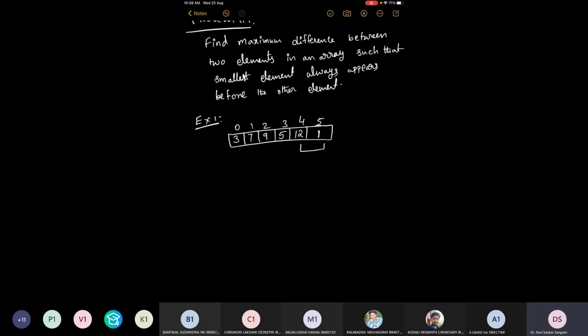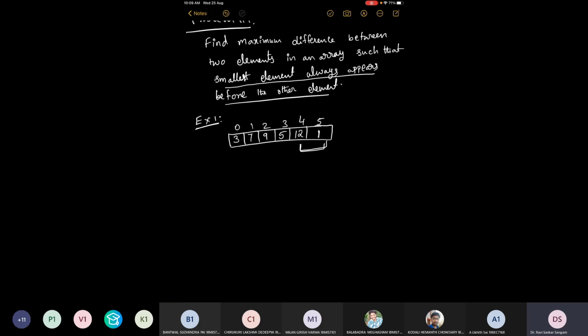So with this you can identify that 11 is the maximum difference, but it is violating our criteria that the minimum element should appear before the max element. Maximum difference is always fixed, that is maximum element minus minimum element. But in this case, it is not satisfying the second criteria that in that difference, the smallest element should appear on the left side and the greatest element should appear on the right side. So though the maximum difference is 11, we cannot say so as per the definition.